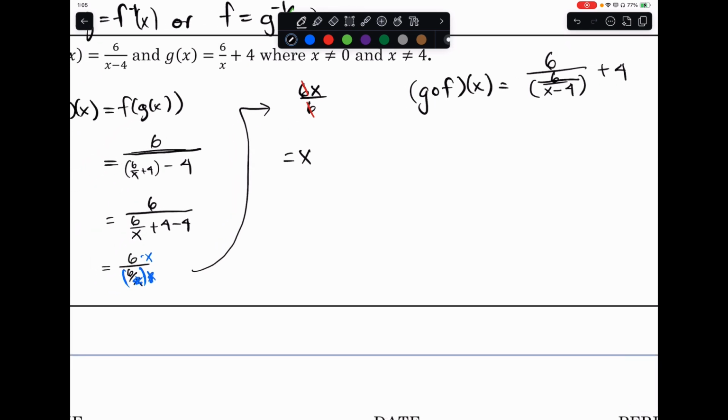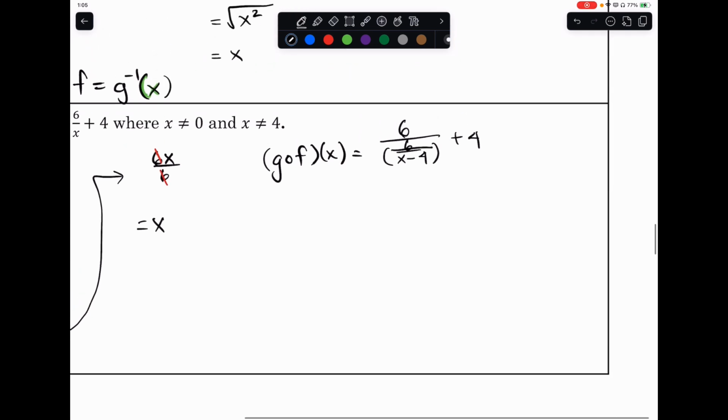Since we have a fraction in the denominator of a fraction, we're going to simplify this by flipping and multiplying with the numerator. So that's the trick here. I'm going to multiply 6 with x minus 4